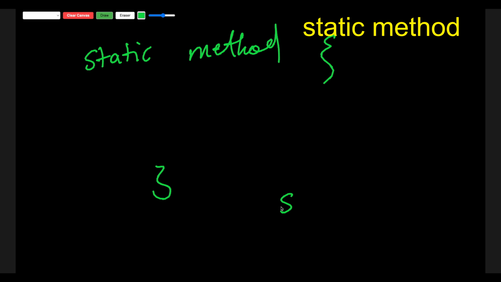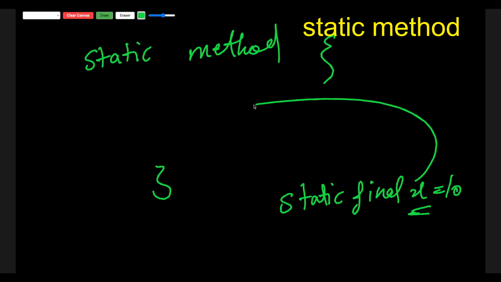So basically, let's say you have defined a static final x equal to 10. Then this particular variable x will be accessible to the static method. These static methods can be available inside the concrete classes, abstract classes, or even in the interfaces. They can be overloaded. That is, they can have the same name but different parameters. But they cannot be overridden like regular methods. So inheritance behavior doesn't apply the same way.